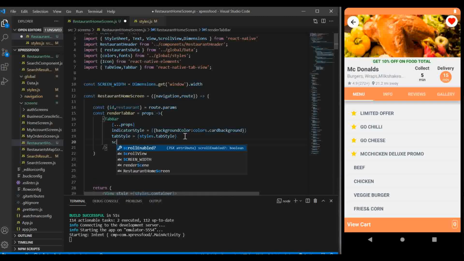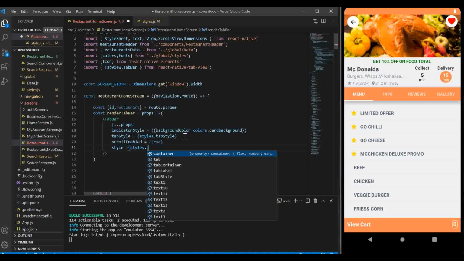Another prop that we're gonna pass is called scroll enabled. We say it's true, and also gonna pass a style. Gonna say this will be styles dot tab,